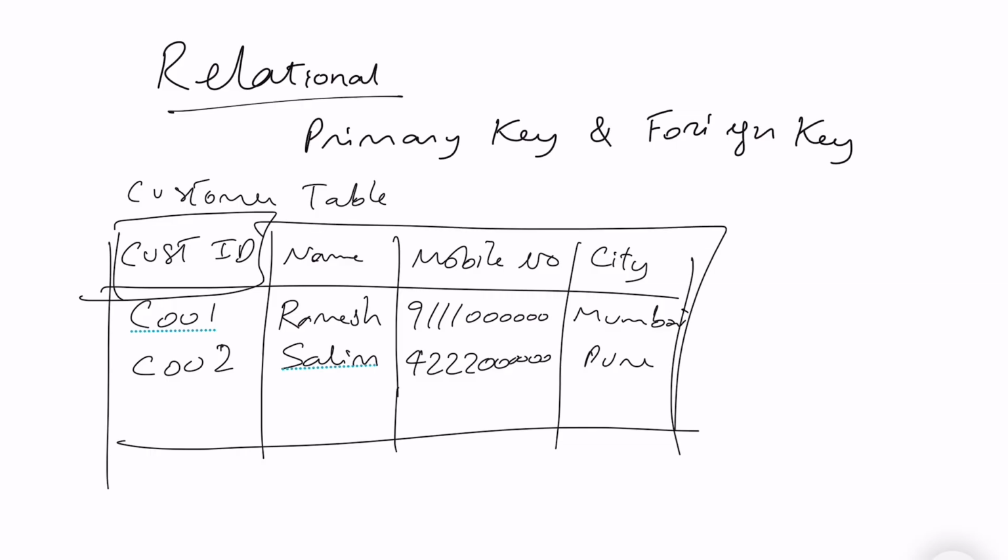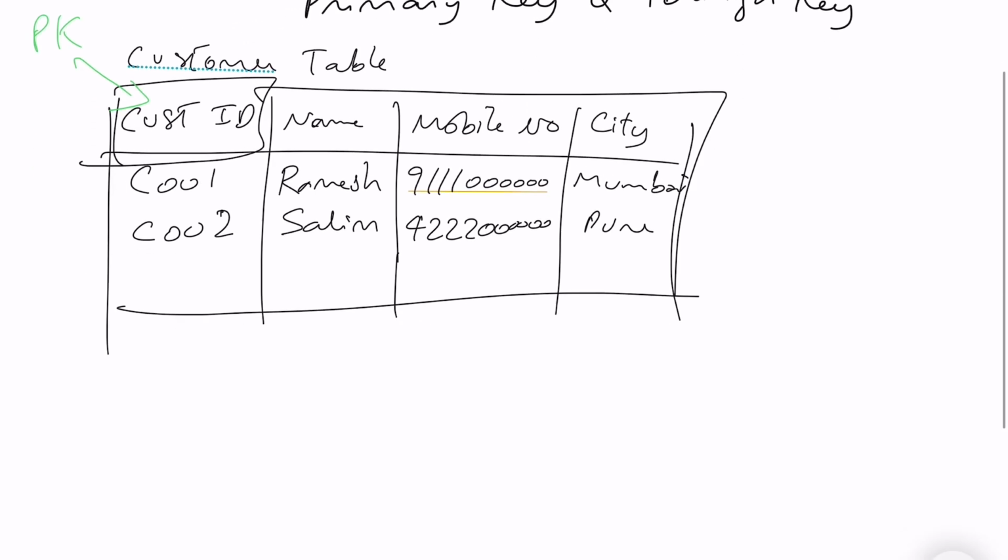okay, and here I mentioned that this is the primary key, okay. Now you may have another table in your database. Let's say that table is your accounts table,